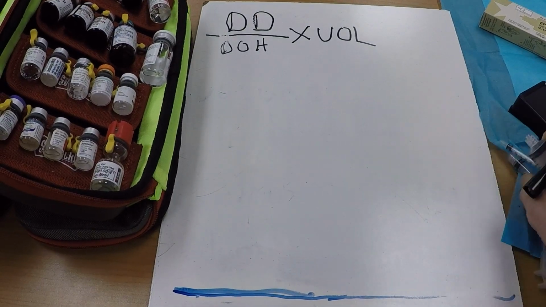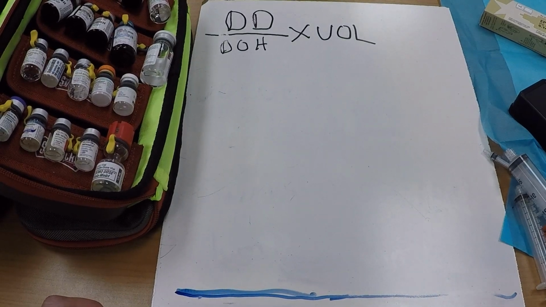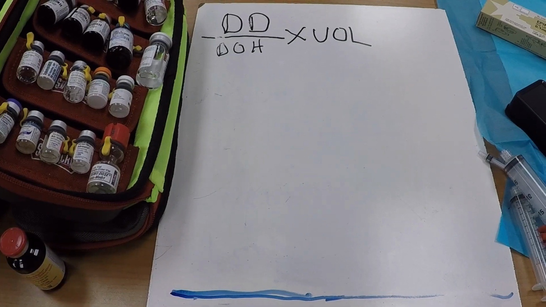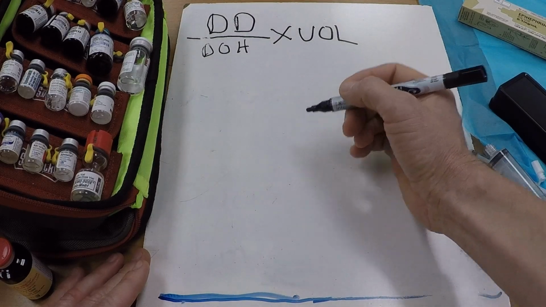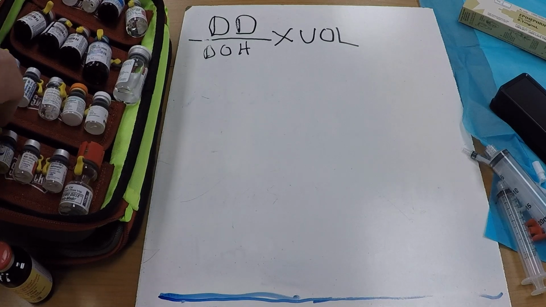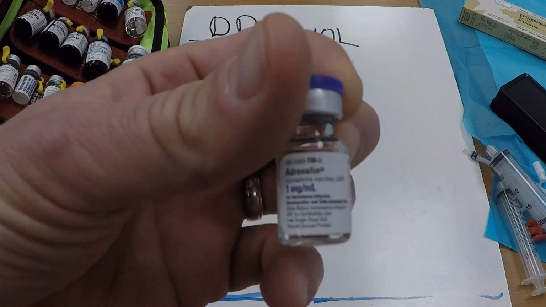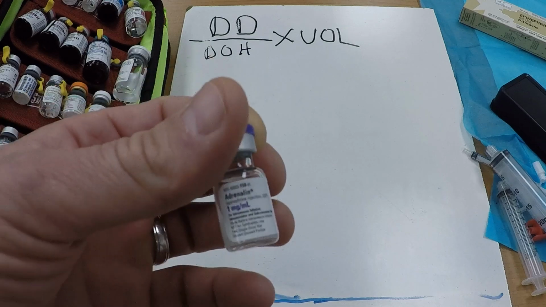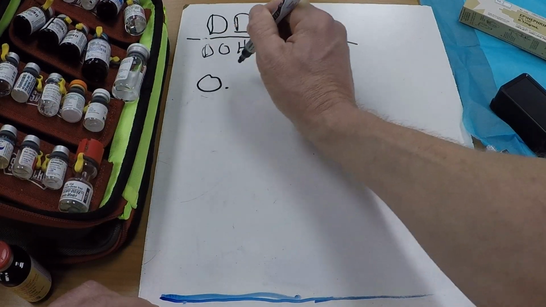And my syringes. So we're going to say that a patient is in anaphylaxis, and we're going to give them 0.5 milligrams of epinephrine. Now, when we give epinephrine for anaphylaxis, initially at least it's going to be intramuscular. We're going to use the 1 milligram per milliliter concentration. So this is what I have in the bag. And our desired dose is 0.5